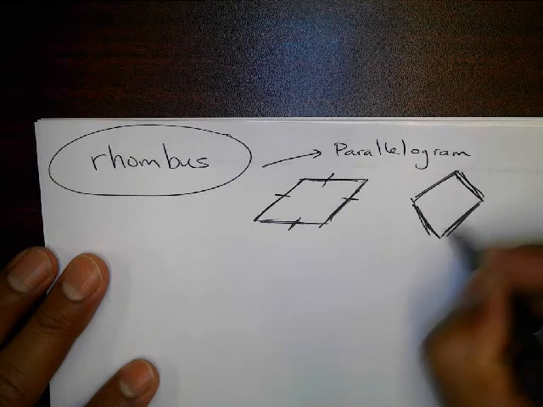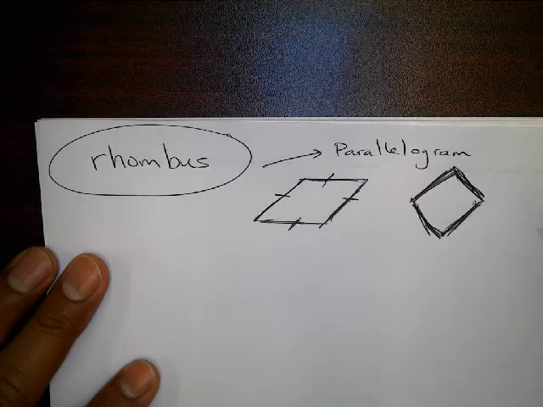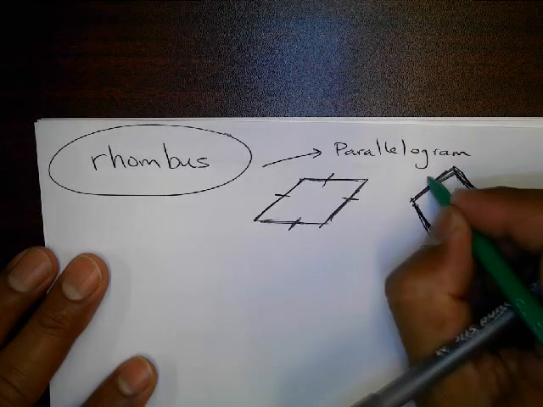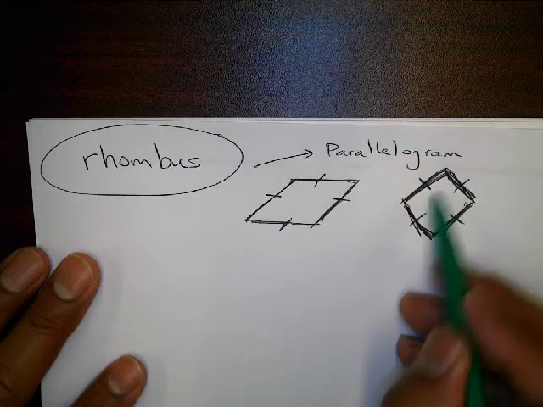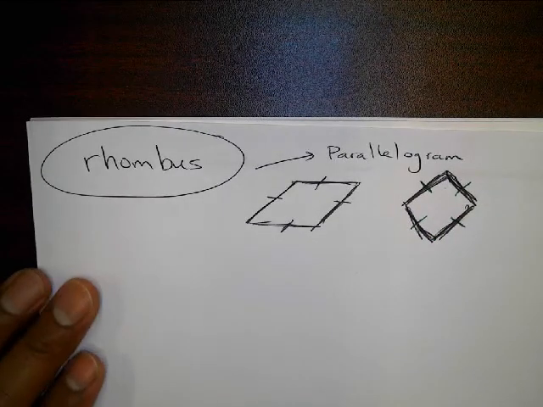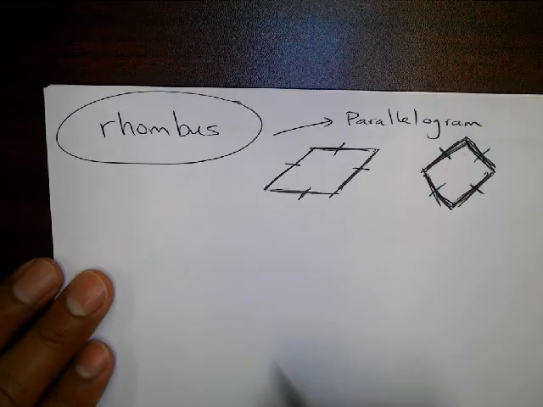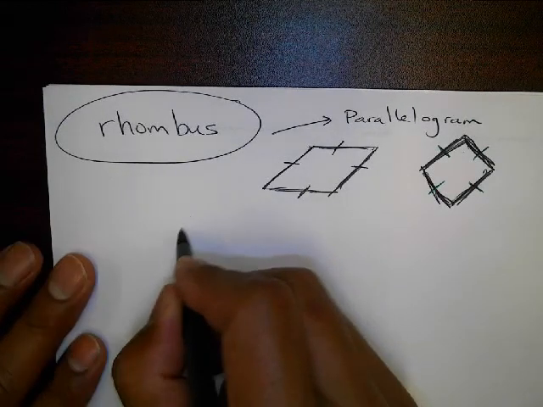But again, still all sides are congruent. Ooh, that one's kind of ugly. Again, all sides are congruent. We just talked about that in the first video. But the angles can't be 90, right? Because if it was 90, then it'd be a square. But what is going to be true about the angles? Well, we said, like for parallelograms, if you have a rhombus,